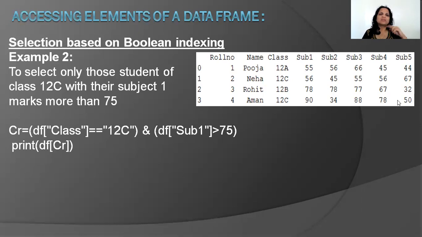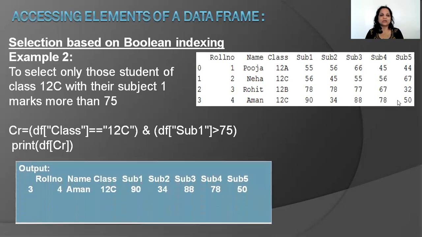And now I am not saying print CR. Now you might say, what is CR? Condition. Okay, that was search I wrote there. Now I'm writing condition. If you wrote print CR, it would tell you true, false, false, true, depending upon where this condition is satisfied. But I'm saying DF of CR.